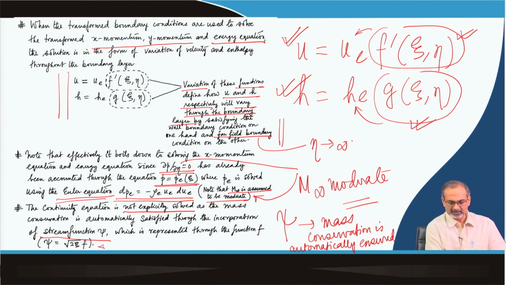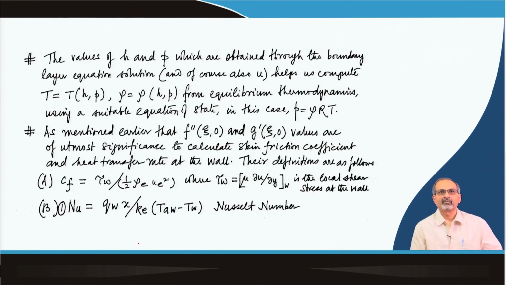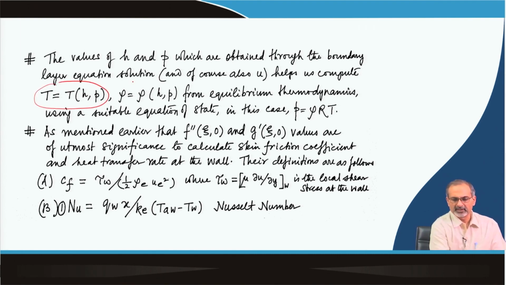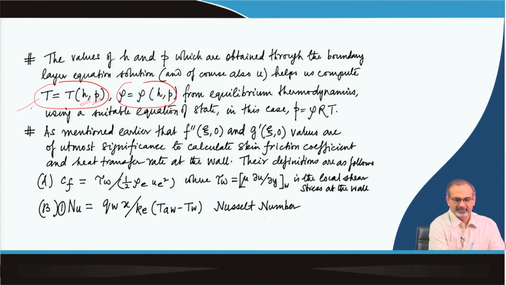And we recall this function for stream function. The value of h and p, which are obtained through the boundary layer equation solution, and of course also the u, helps us to compute what? To compute temperature, density, and from equilibrium thermodynamics we know that if we know the values of two independent variables, let us say h and p in this case, then the dependent variables temperature, density, etc., can be